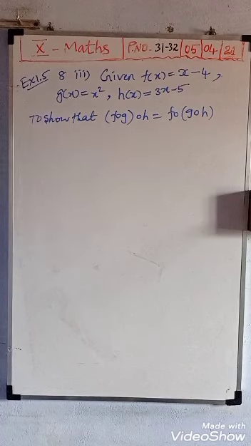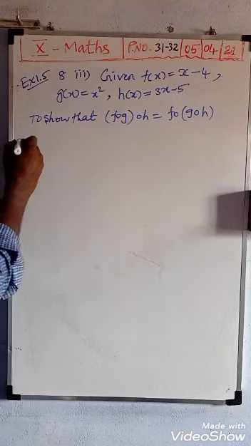Today I am going to explain exercise 1.5, 8th question, third point. So see, given three functions f of x, g of x and h of x, we want to show that f composition (g composition h) is equal to (f composition g) composition h. For that, you see, it is an associative property. This we want to show.